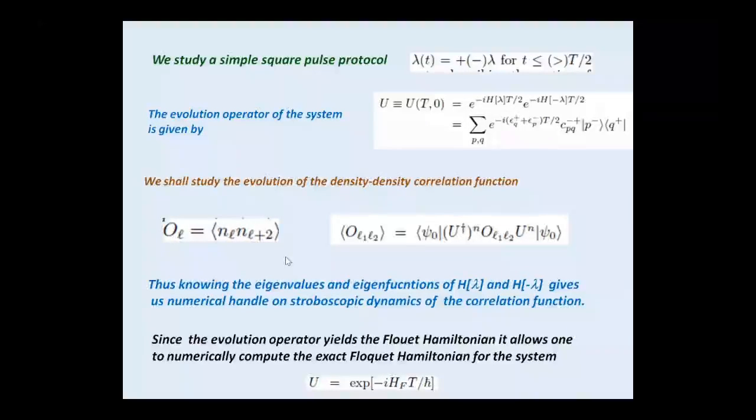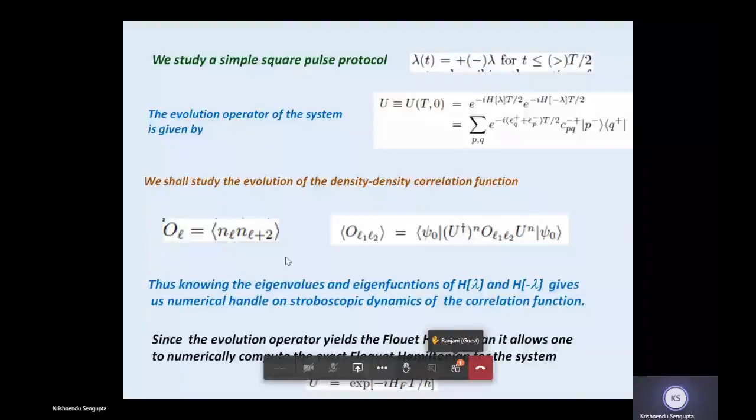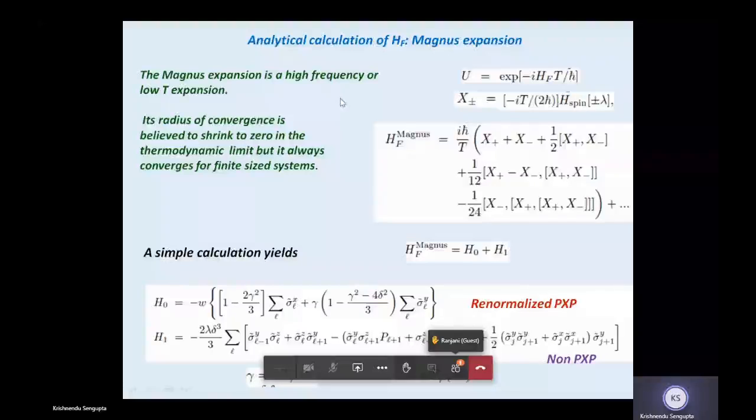So first, let's talk about Magnus since this came up. If you are at high frequency, then you can do a Magnus expansion, which is a 1 over frequency expansion in some sense. I'm not going to get into the details of this. Ranjini has a hand raised. Yeah, Ranjini, please. Hi. You said you're not using the Magnus expansion to write the Floquet Hamiltonian, right? So you're just using the time-ordered product and then taking a log. Is that what you mean?